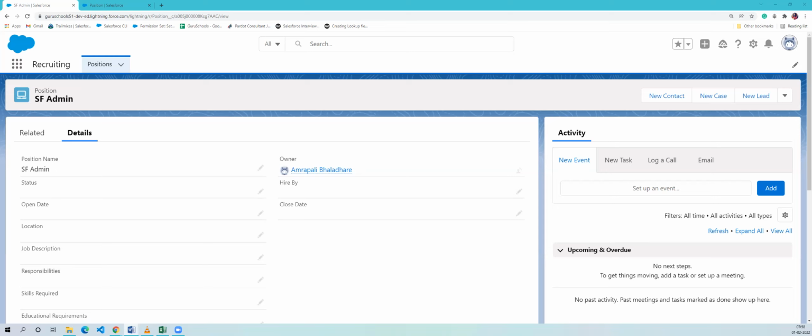Okay, so second topic is lightning record pages. Lightning record pages means, as you can see on the screen, this is a lightning record page, which is a combination, or we can say collection of several components, okay, in this particular web page. So this is a component, this is a different component, this is a different component, okay. By default, each object has its own unique record page, which is provided by Salesforce, and